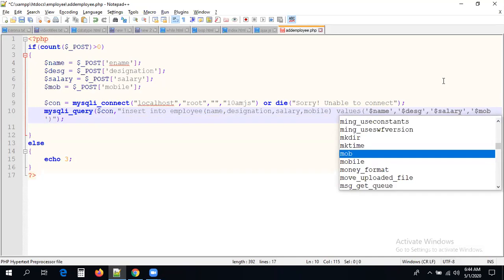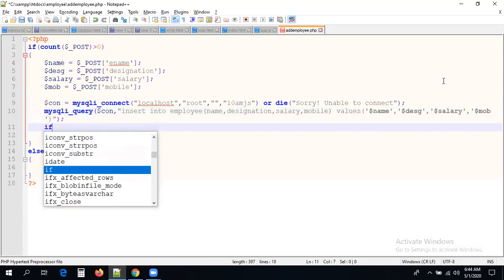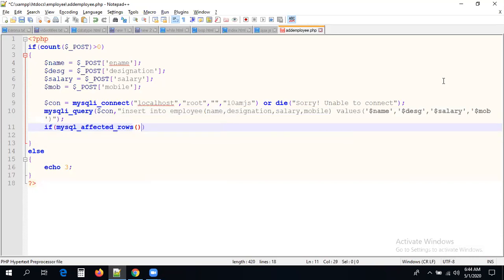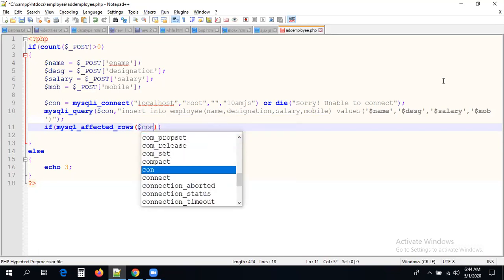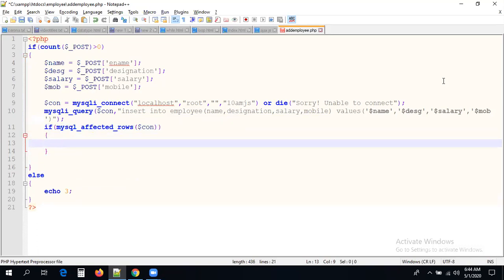That's it. Your query is done successfully now. Let me check programmatically whether the record is inserted or not. In MySQL, we have a method, mysql affected rows. If the record is inserted, this will return true, and this will return the number of records affected. I mean, in this situation, just one record is going to be inserted, so it will be one. Or else we can write a condition like this, equal to one.